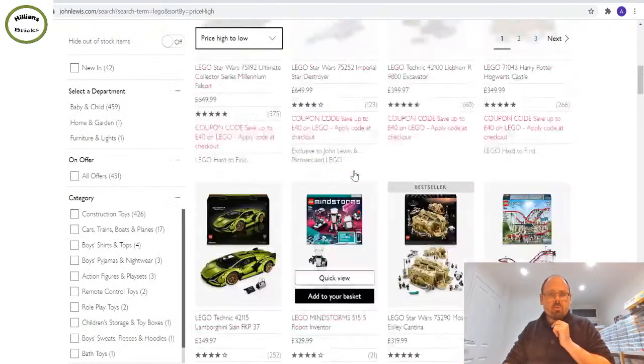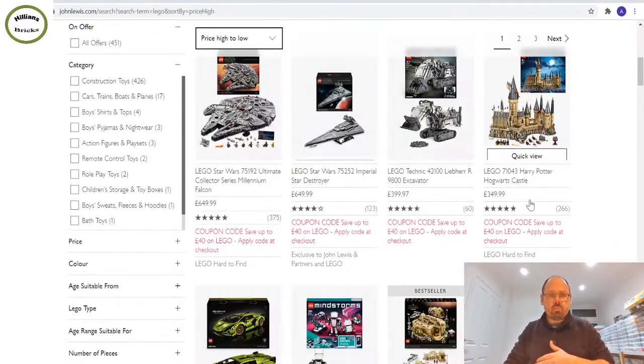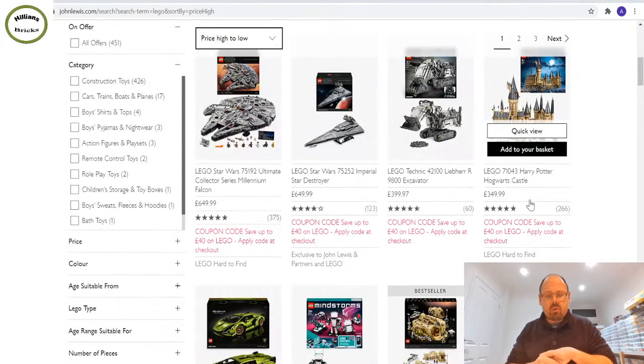They've got two promotion codes on every Lego set. You can get £40 off if you spend £200 or more, and you have to use the code LEGO200, all put together. Or you can get £15 off if you spend £85 or more, and that code is LEGO85, all put together. Now, it's worth noting that you can only use this discount code once, because I did